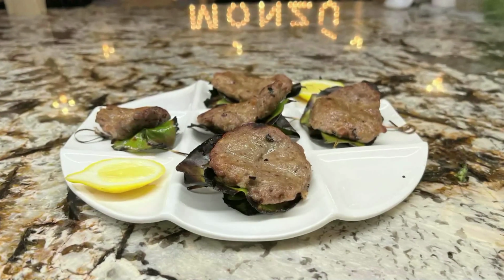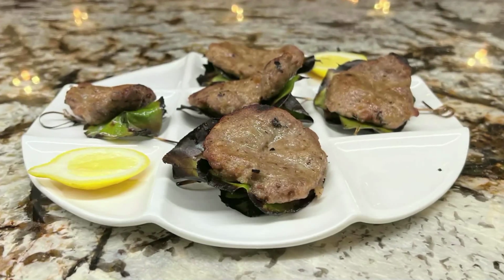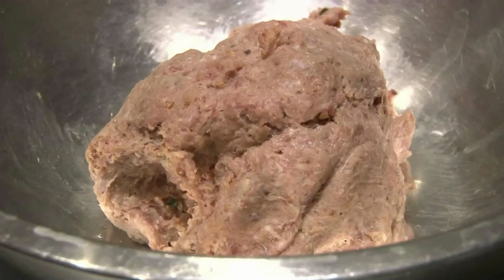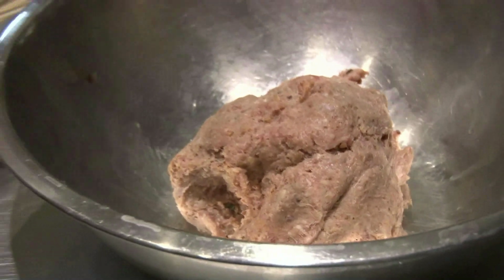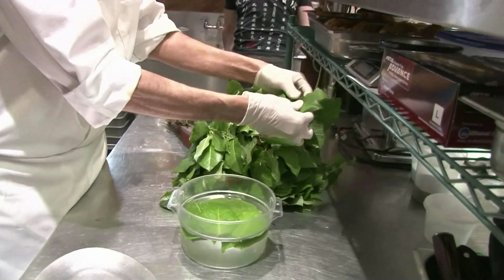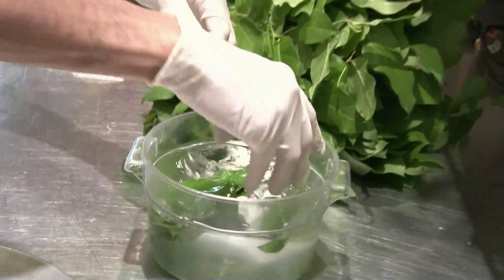This is very classic eastern island of Sicily. So this is basically a meatball mixture. So these very ingenious Sicilians came up with the idea of putting it between two lemon leaves. Gives the meat flavor, and it doesn't burn the product. Pick out the lemon leaves, we dip them in water to wash them off, of course. And here it comes. It's a very simple